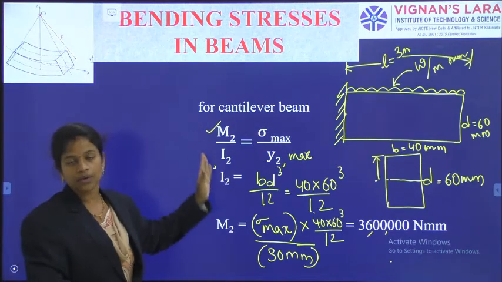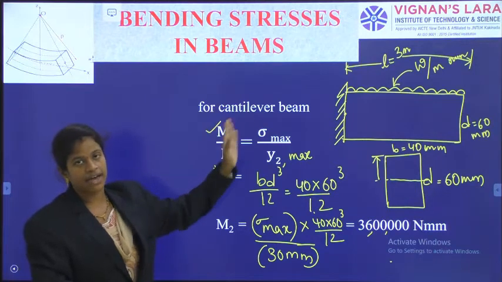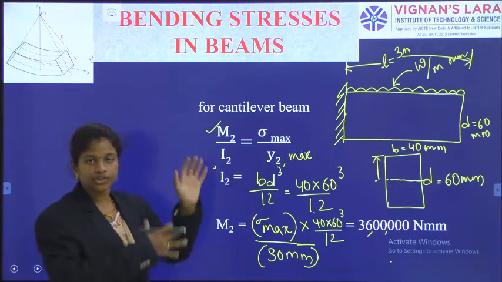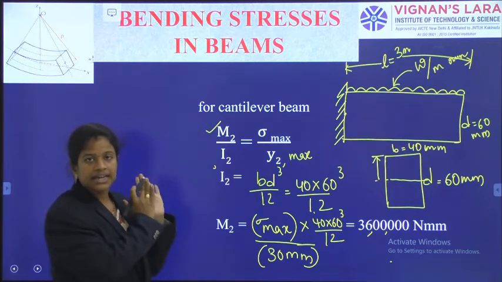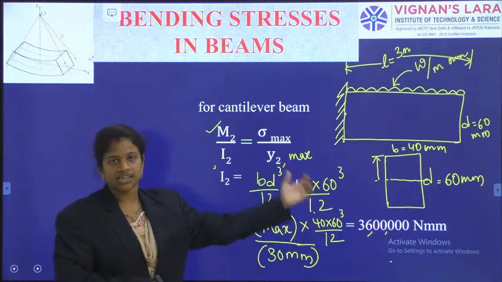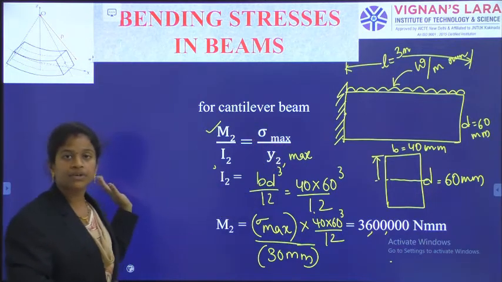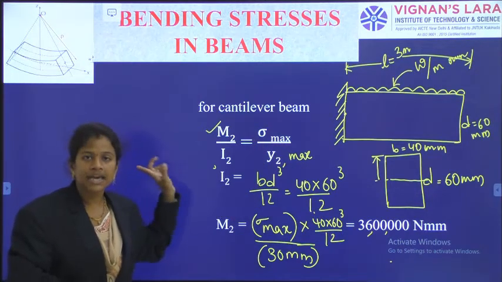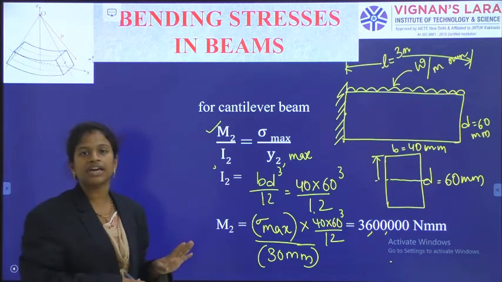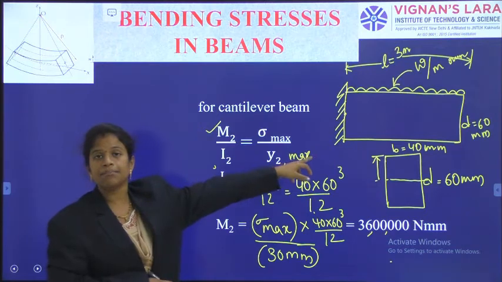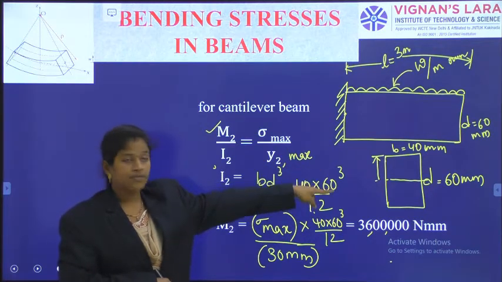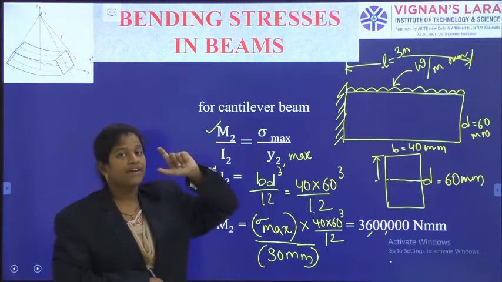So from the pure bending theory, we have M by I2 is equal to sigma max by Y2 max, and M corresponding to this moment is due to the load. Due to the load, there is some bending moment. That M we have not got yet, and I2 is from the sectional dimensions, and sigma max is from the previous step, because the same material we have used here, not the dimensions, only the material. That's why we have got the same maximum bending stress limit. And also Y2 max is half of the whole depth, because the section is symmetrical.